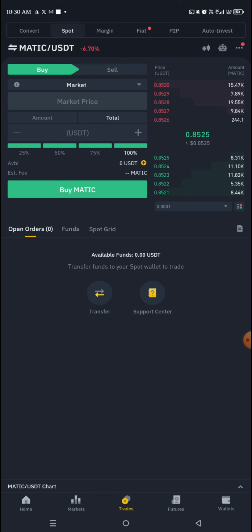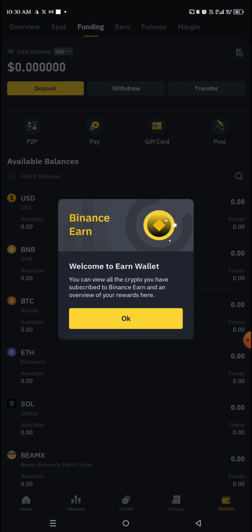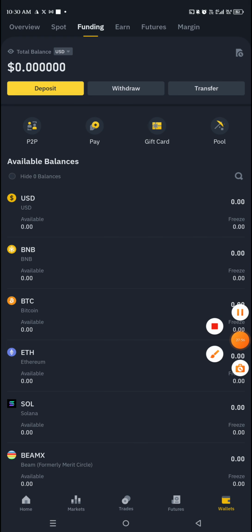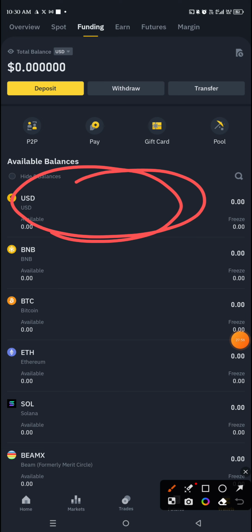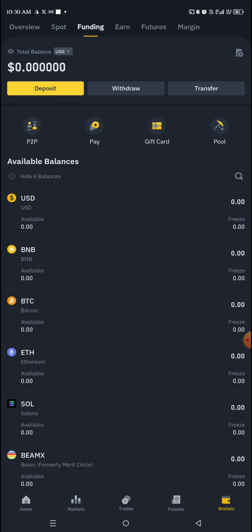Now the next thing you want to do is you want to go to wallet, all right? Because you don't need the Matic on Binance, you need it on Trust Wallet, right? Or any other place you want to send it to. You come to your wallet, okay? And then because you have bought your Matic, the Matic balance will be displaying at the top of the list. Instead of this USD, it will be Matic that will be the first that is listed here because it has a balance. All right. So when you click on it,